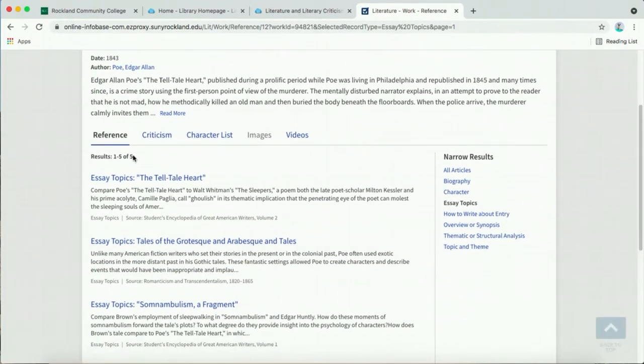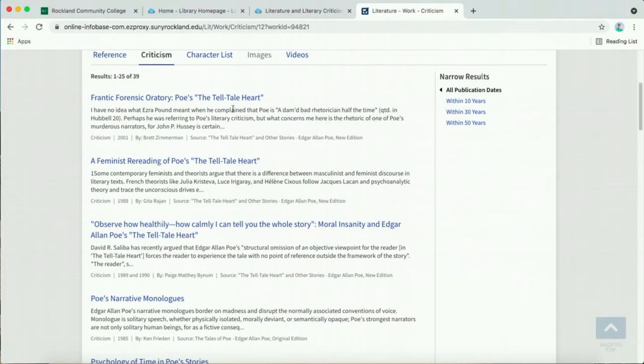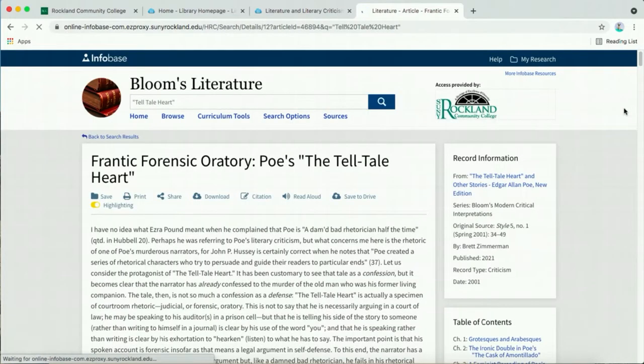Now, if I want to go back to look at the criticism, same as the other databases, I can click on a title and get the article. And just like Gale, I can download it, I can cite it, I can read it aloud, I can save it to my drive. But if I share it,